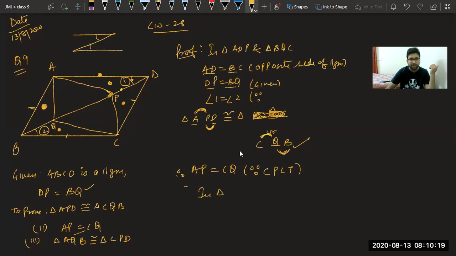So we will write in triangle AQB and triangle